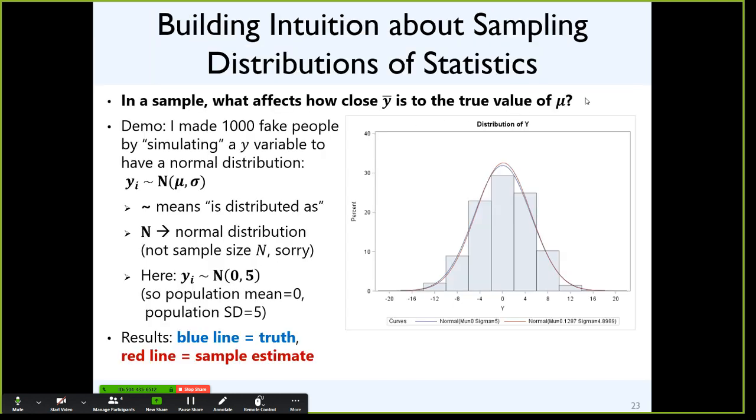So building intuitions then about what affects this process. One of the things that I like to do to try and convey things, as well as to make sure that I can understand what I'm talking about, is something called simulation. So I make up data. Did you know that when you make up data, people are really cooperative? The fake cases in the data set follow whatever distribution I assign them to. It's magic. It's one of those things that makes you feel all powerful, right?